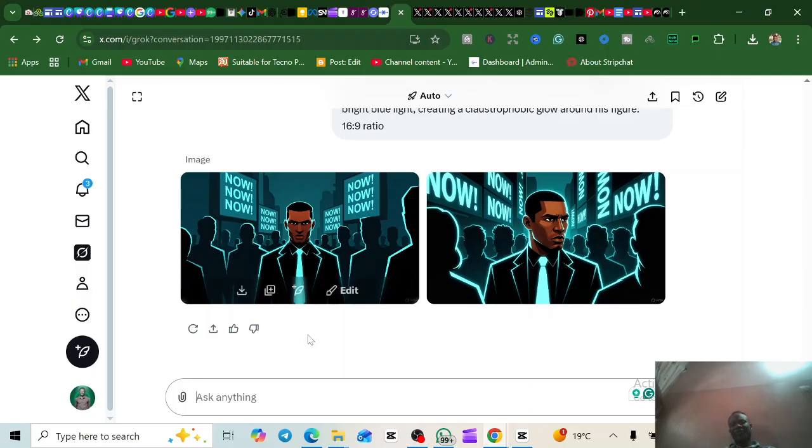Now when you finish everything, all you have to do is download the whole images, right? And then you go and edit them. I've made a tutorial on how to use CapCut to edit all of these things, so you should check it in G4G AI Hub, or check it on my channel. You should get it there.